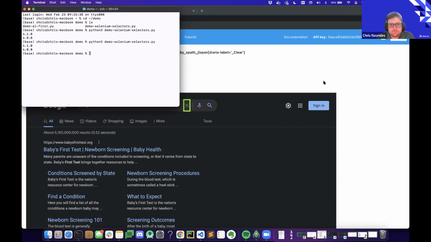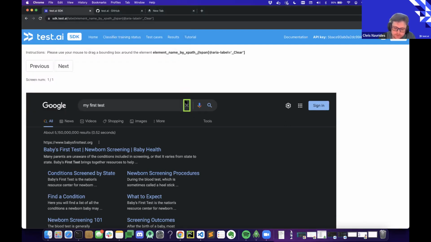And then, yeah, there was a follow-up question as well on what kind of data is collecting. And what we're collecting is just the element names and the data that is being sent to the server. So screenshots and element identification. So in this particular example, you know that there is a clear button that you're interacting with. That's an X. And the main reason that we're collecting that is then we want to bring that data back. So we take this data, anonymize it, and use it for training.